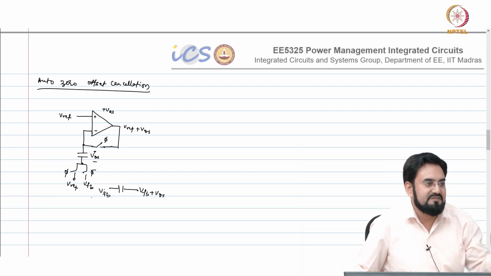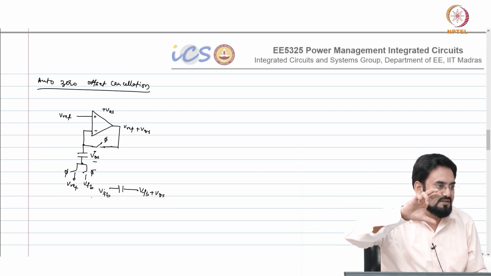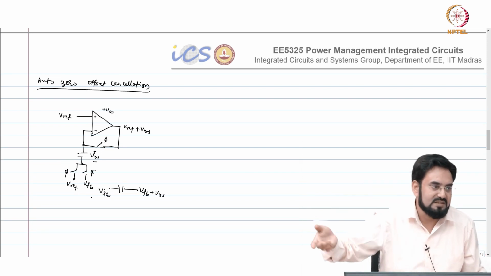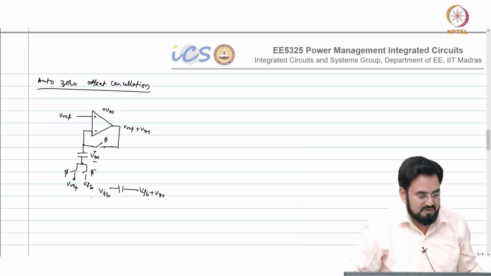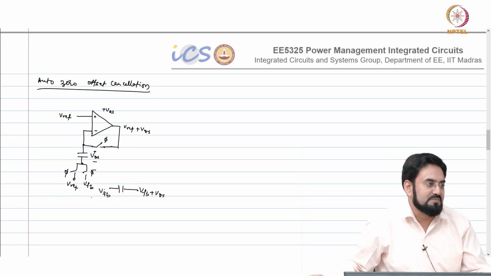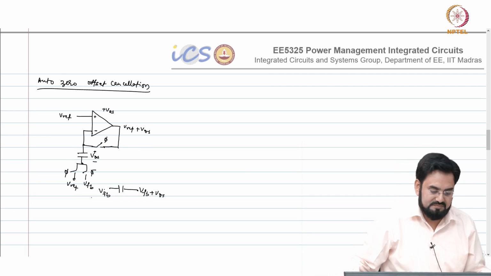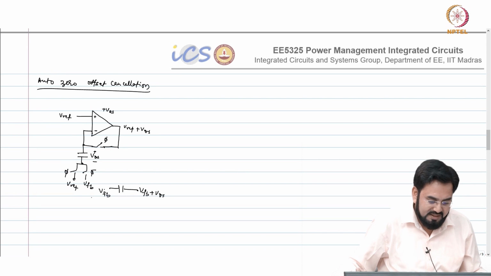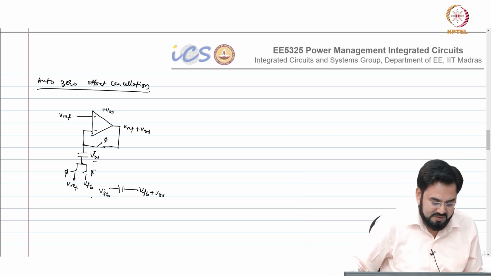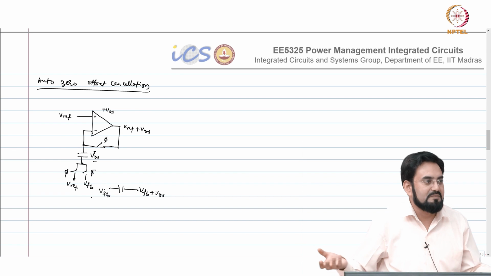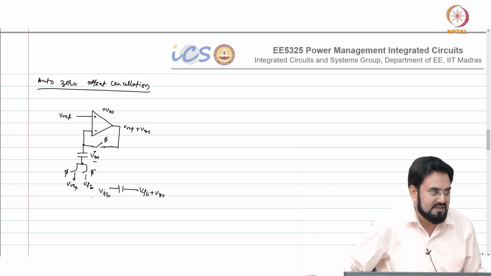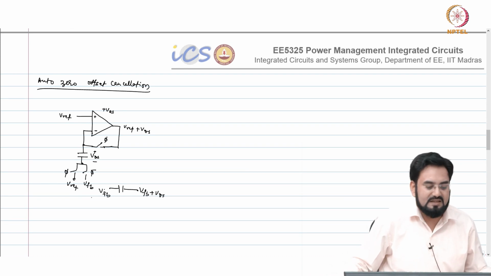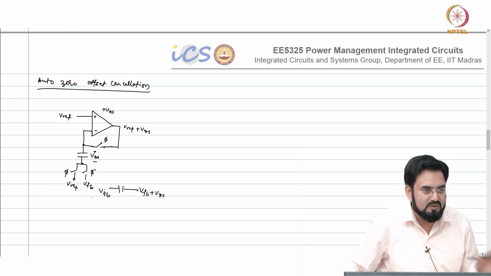So you connect it in the unity feedback, store the offset, and then in the next cycle you cancel that by adding or subtracting that offset from your feedback voltage. Okay, so if you are doing it on the VREF side, you have to subtract instead of adding. So in the switch capacitor circuit, most of the time you use this, because by default a switch capacitor circuit has clocks, it's a switching circuit. So you can easily apply these concepts there. But in continuous time, this is some extra overhead you have to add.